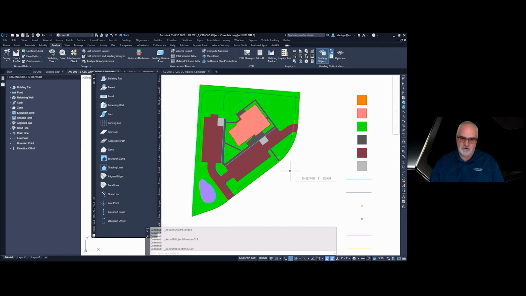Is it going to be concrete for sidewalks, a building pad? Try to match it up to the grading objects that are provided. Things like zones can be used for landscapes and many things like that, where you give it a min max slope or a grade that area can have.